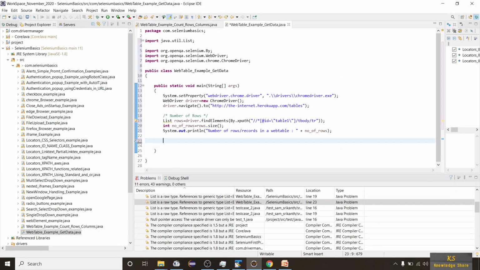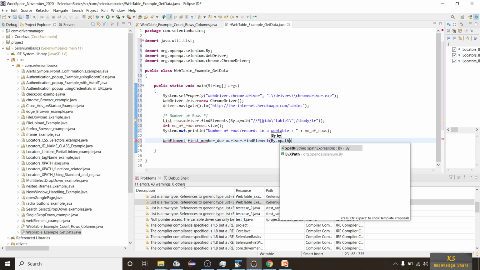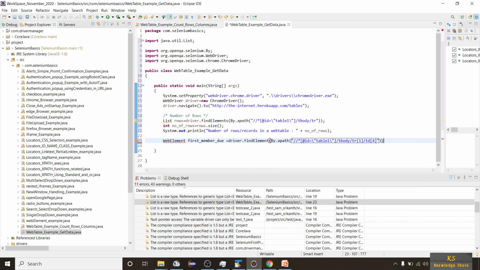This time we will be storing it as a web element type. I'll call it first member due, is equal to driver dot find element of by dot xpath of. We have declared the web element.